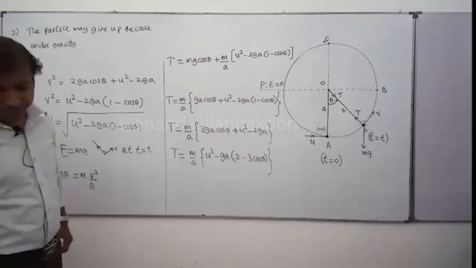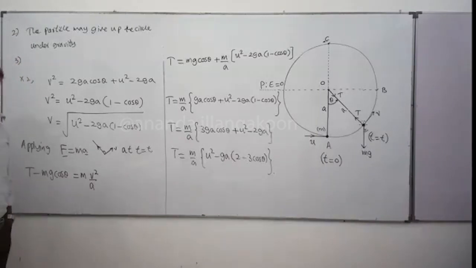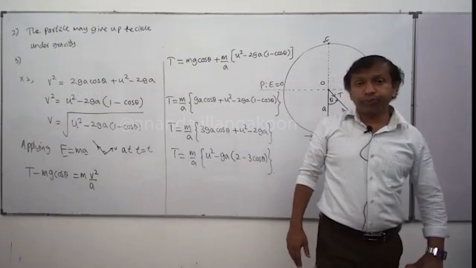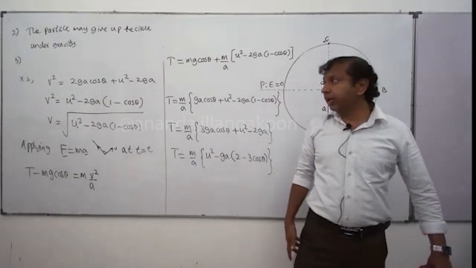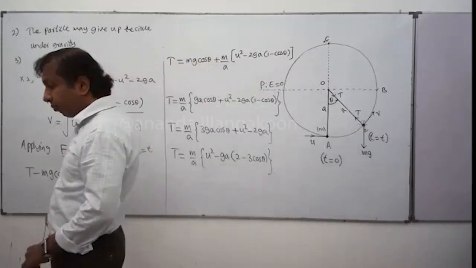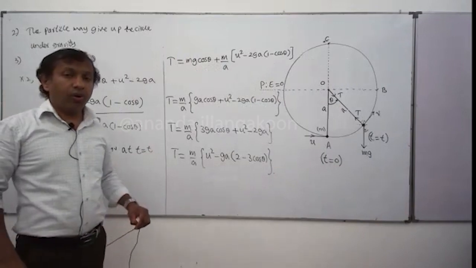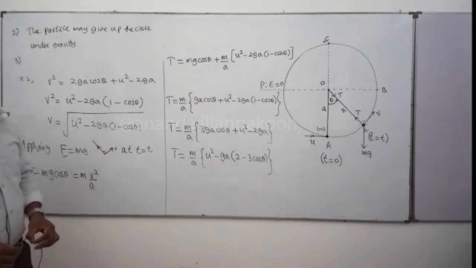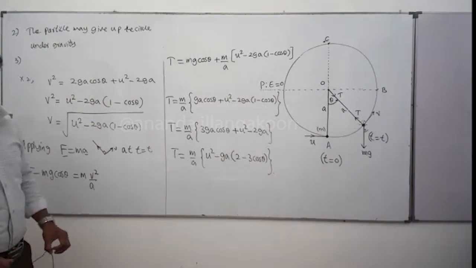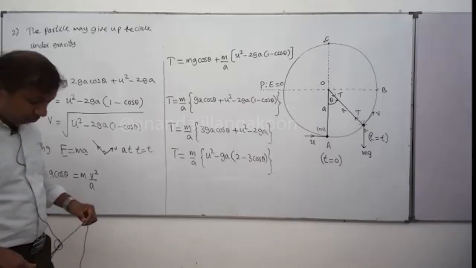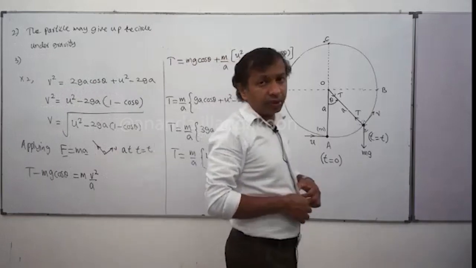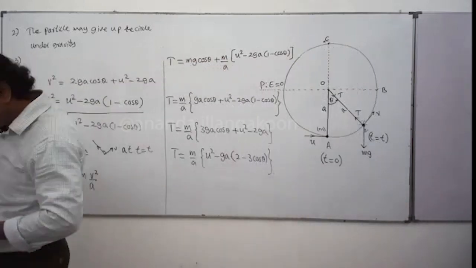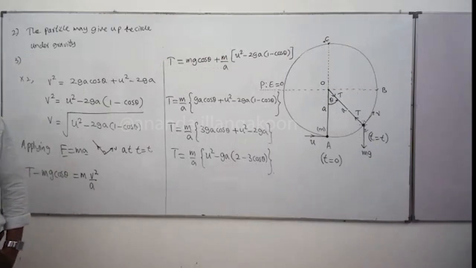Third one, write down. The particle can move on the complete circle very easily. The condition required for this is